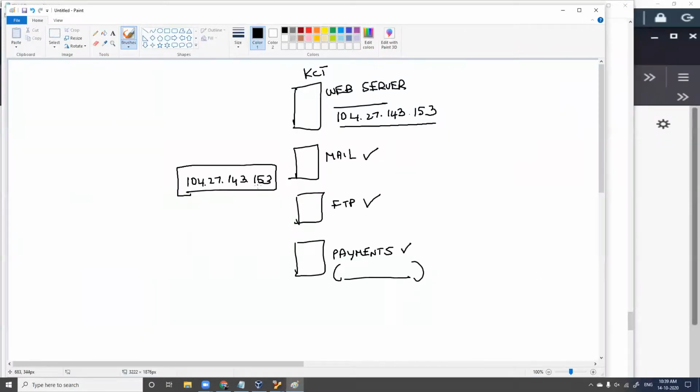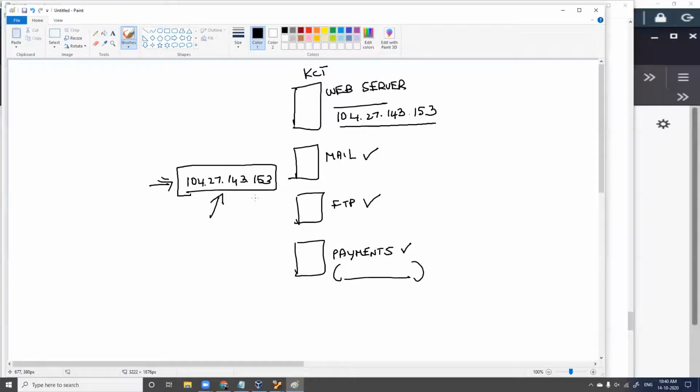Why? Because if you compromise one IP address, you'll probably be able to compromise all the other servers. Colleges can use this kind of architecture because they don't spend money on security. They purchase one IP address and host all their servers on it, which, as per security, is very weak.